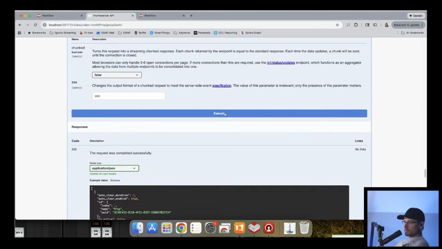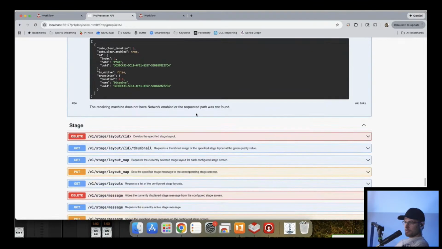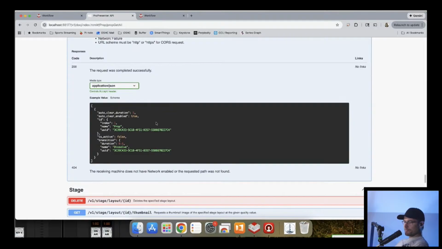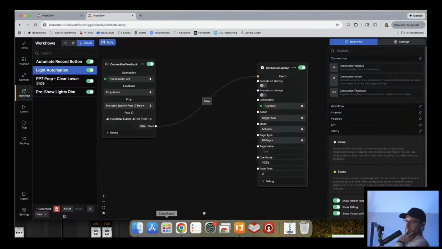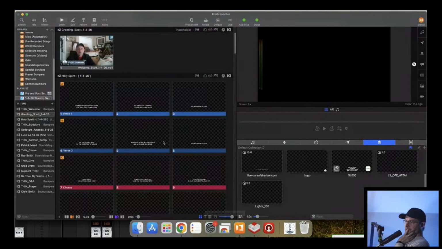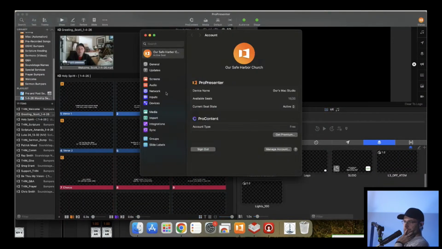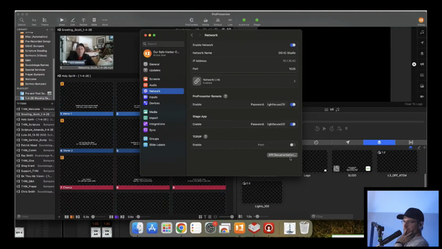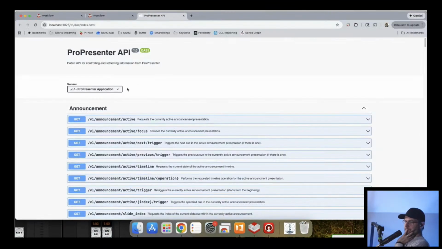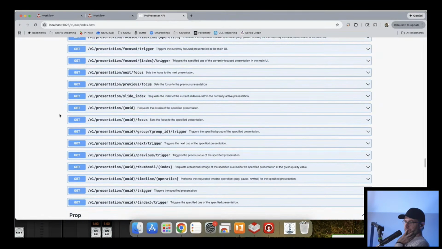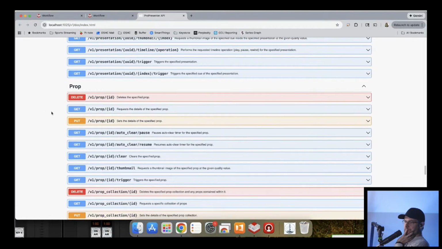Try it out. Execute. That's not a list of all my props, man. Do I have to reload? I wonder, do I have to reload the API page because I changed the port? That's why. API documentation. Yep. It's a different port number, so I have to reload it. Okay, well, that's maybe my own stupid fault.